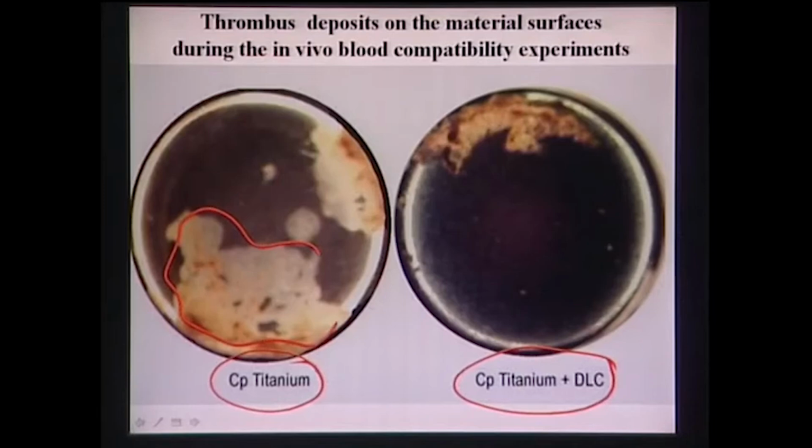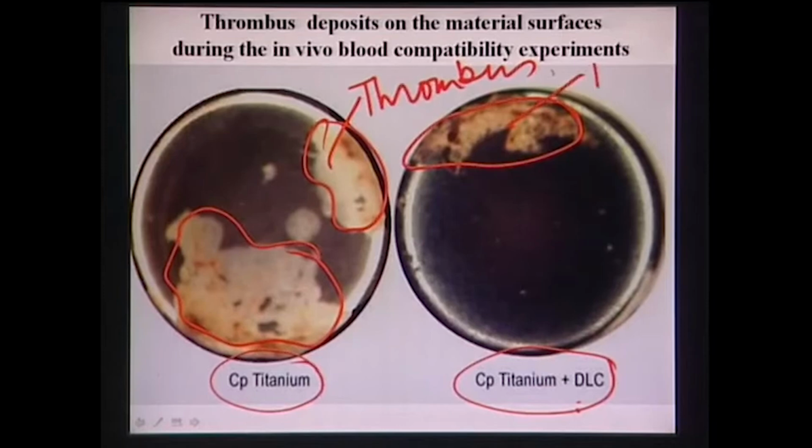So the same thing has been shown here, that if you have the commercially pure titanium, you see that there are thrombus here, right, okay. And then if you have the DLC coating, then the thrombus formation is also taking place, but if you see the extent or the quantification of this thrombus formation, it is largely non-desirable, whether this can be tolerated or